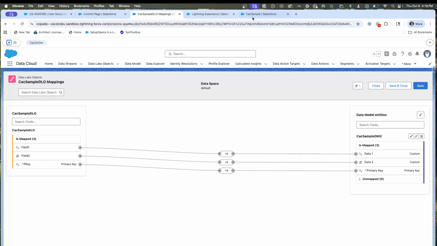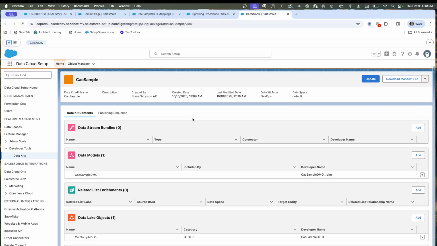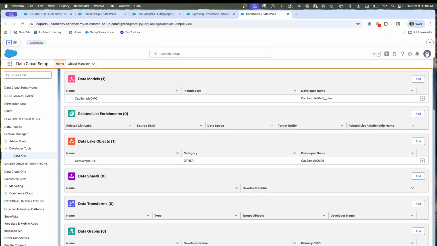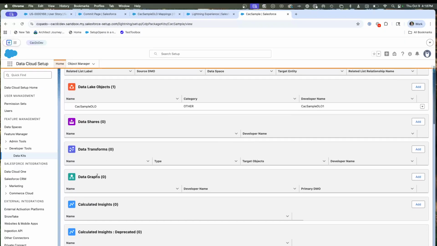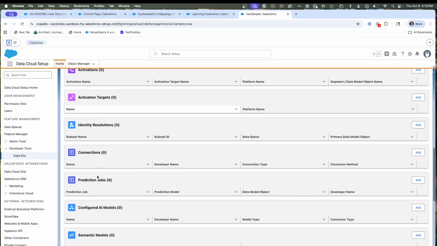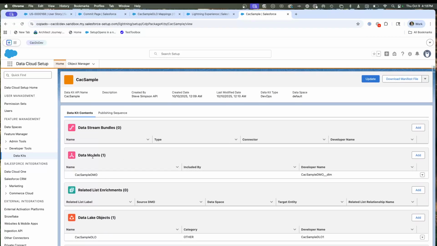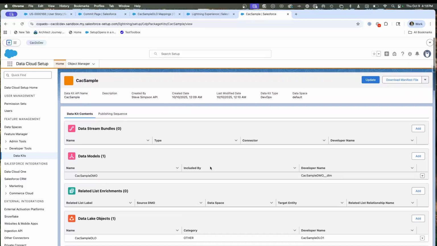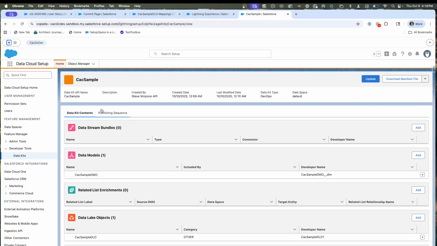Now what I've also done is created a data kit. So this is a data kit, which is a mechanism for transport, and I've included the sample DMO, the sample DLO. Now if you'll notice, the actual field level transformations do not go anywhere. You have to include the entire data model object, the entire data lake object, and they will come along with it. So this is the sample data kit inside of the source environment, and we're going to go ahead and use